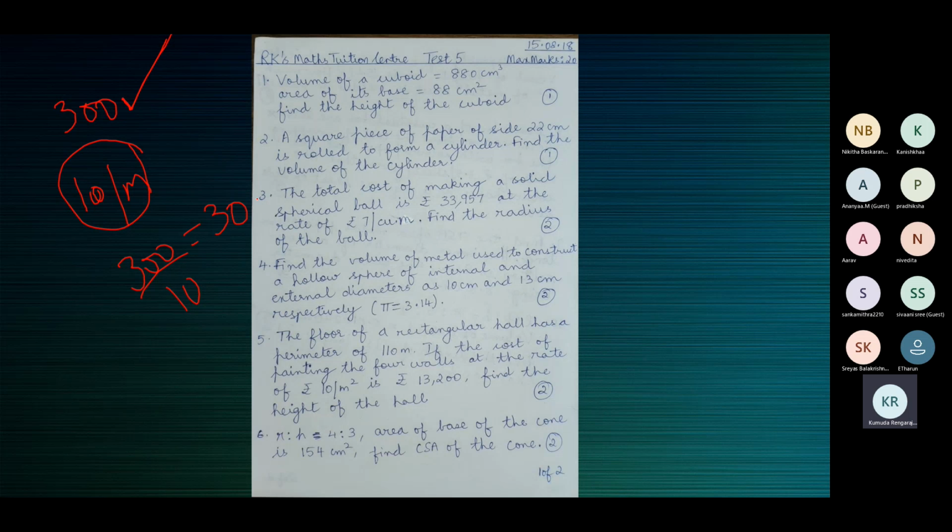Why meter? How do I know meter? Why not centimeter? Because it's given 10 rupees per meter. So the answer which I get will be in meters. I have spent a total of 300 rupees in buying some fabric, not a ready-made clothing, material, 1 meter, 2 meters, 3 meters, unstitched material. Not a ready-made garment.